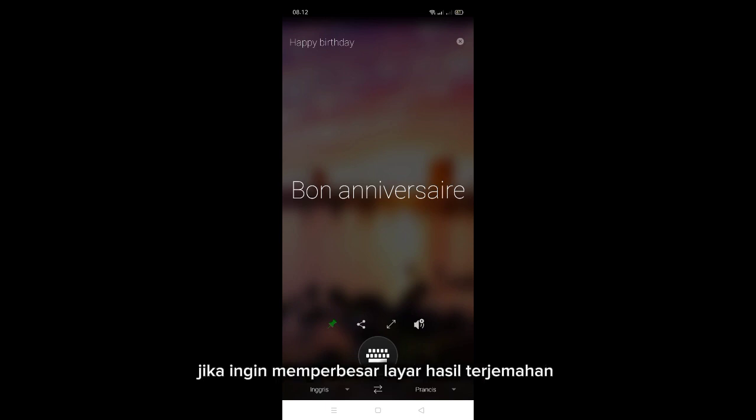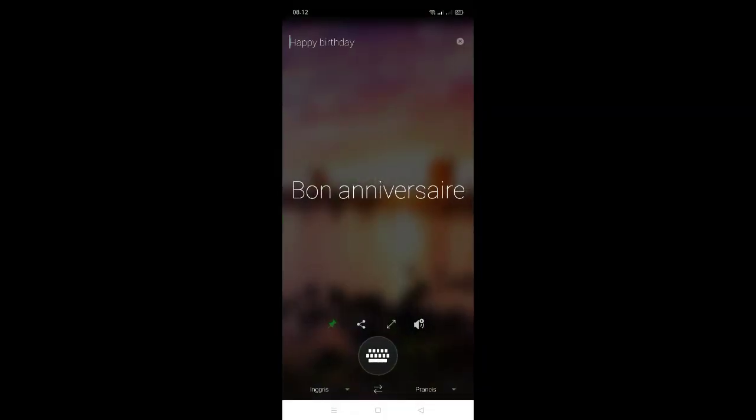Then, when we want to enlarge the translation screen, we press the arrow, and it will appear like this. This is the second feature of Microsoft Translator.